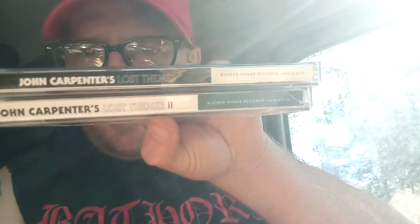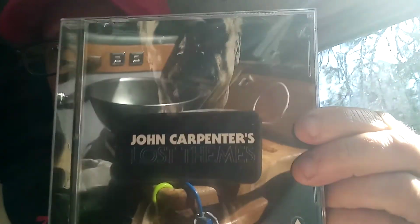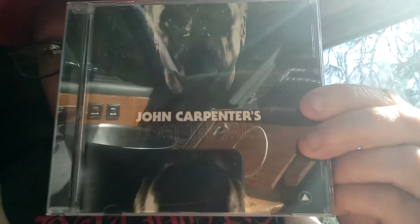Hopefully soon. And then, as you guys know, I'm not super huge into electronic music, ambient, or any of those genres. But I couldn't really resist this. I got John Carpenter's Lost Themes, Volume 1 and 2. The man himself, Volume 1,